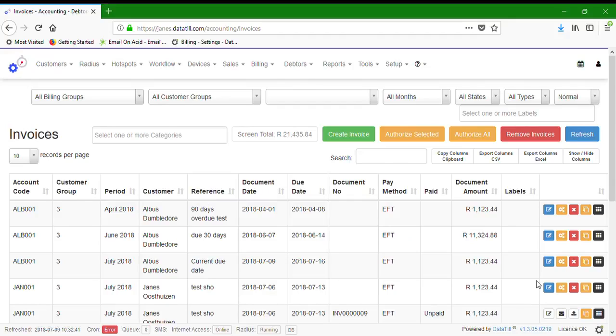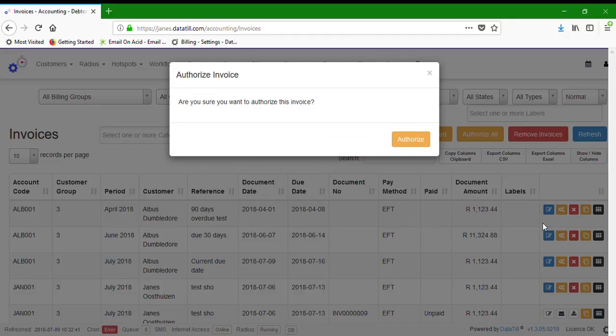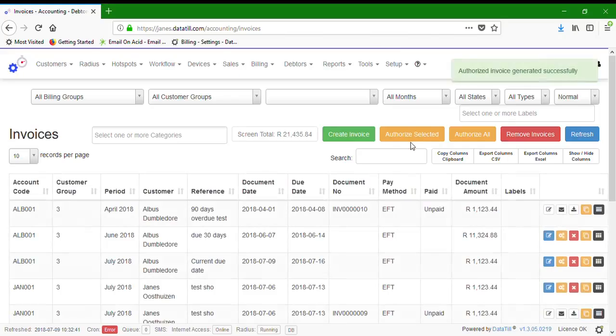Okay, so major differences that you will see on the invoicing screen is the push to Sage 1 button now says authorize invoice, and the push to Sage 1 buttons, the bulk buttons at the top, now refer to authorize selected and authorize all. So when selecting to authorize the invoice, again, these confirmation pop-ups I've logged for the wording to just be a little bit more grammatically correct. It will say in future, would you like to proceed? And then we will authorize the invoice, and then we get a little green banner to say that it's been